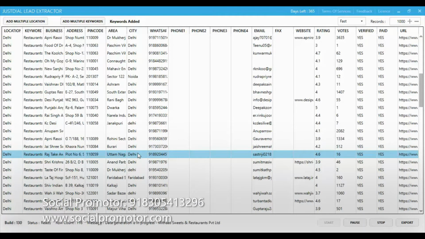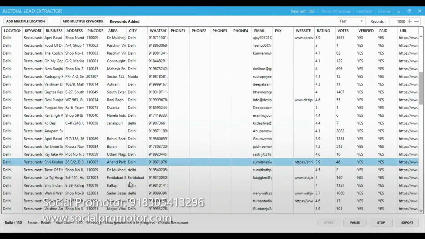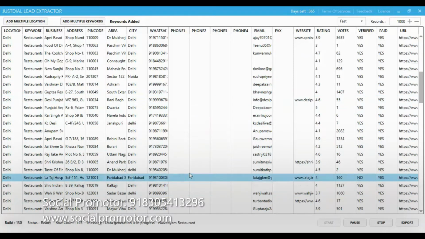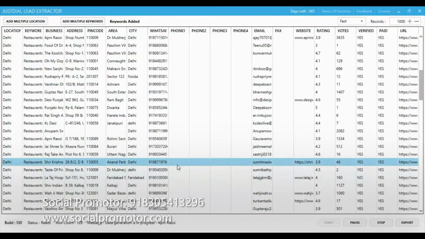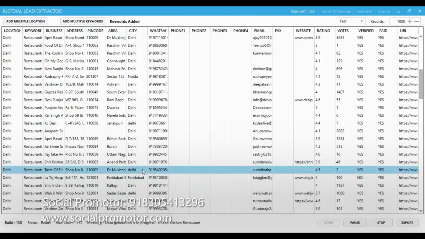This will extract unlimited data, but I'm just showing the data extraction for different cities and keywords. You can easily extract 1,000 data within 3 minutes.